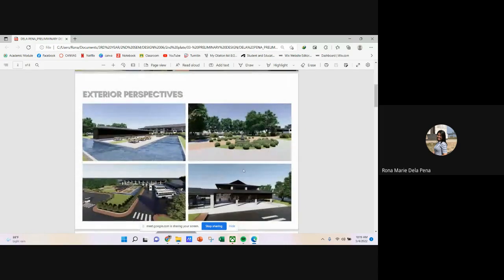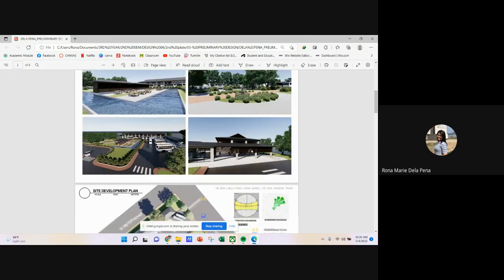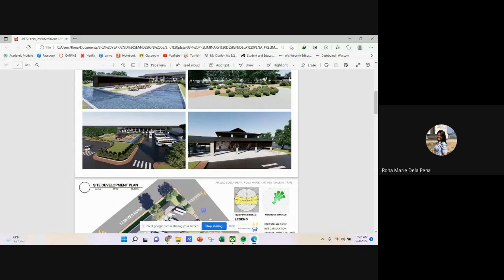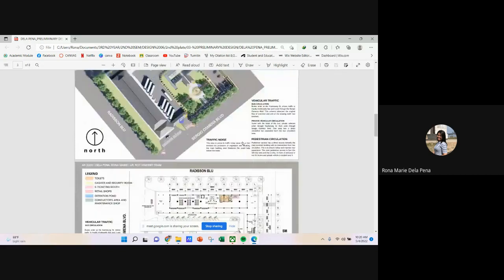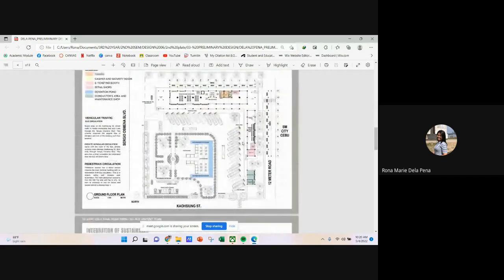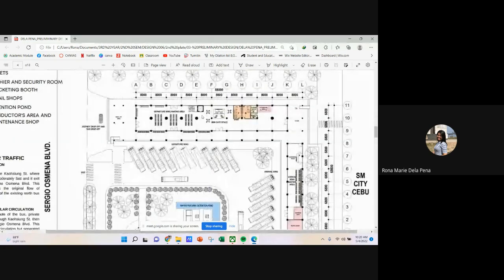So here are my exterior perspectives. This is the perspective from my open park. Here also is my perspective from the open park going to the main building. Here is an aerial view of the overall site. Then here, I think this is my entrance from the SM side. Then for my plans here,